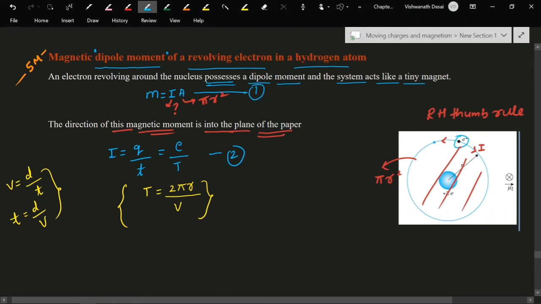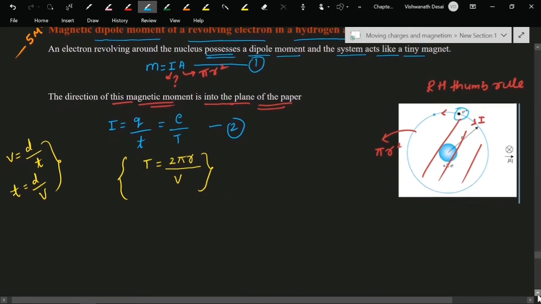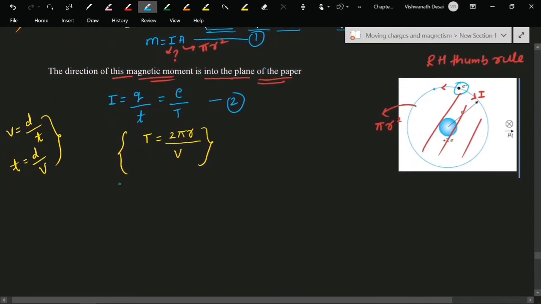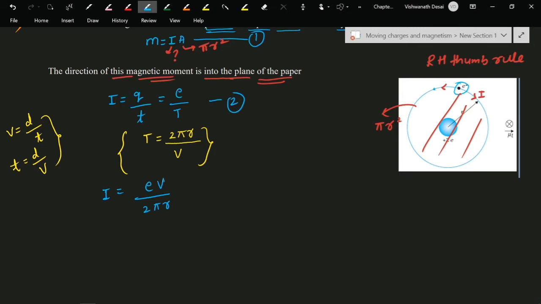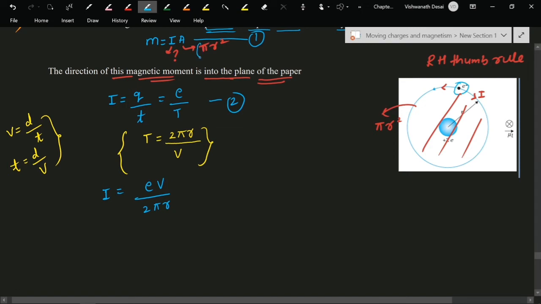Okay, now therefore I is equal to E divided by t, the value is 2 pi r divided by v. So that value I am taking to the numerator, we are going to get EV. So the I value we found, and the A value we also already got, pi r square. Now the equation 1 becomes,